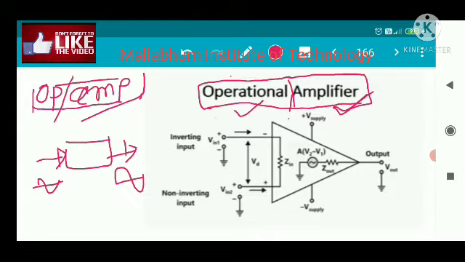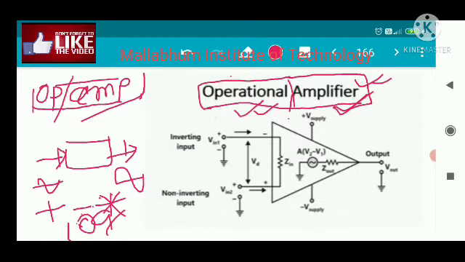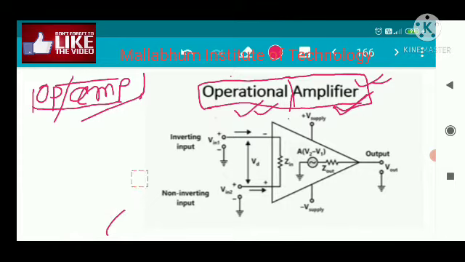That is also applicable in the case of the operational amplifier, because it is composed of different stages of amplifiers. And operational actually means it can perform different mathematical operations. Mathematical operations means addition, subtraction, multiplication, different log operations. Okay, a logarithm amplifier can be made. So different mathematical operations can be performed with the help of this amplifier. These two together are called the operational amplifier. Okay, so that is the meaning of the name operational amplifier.